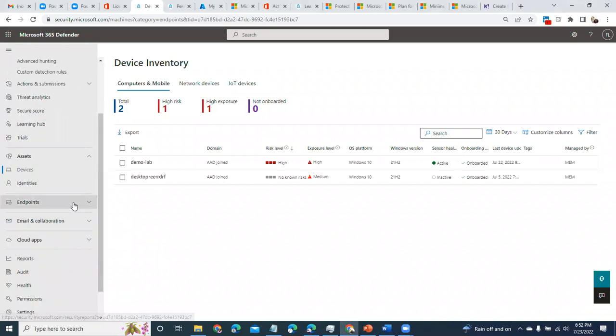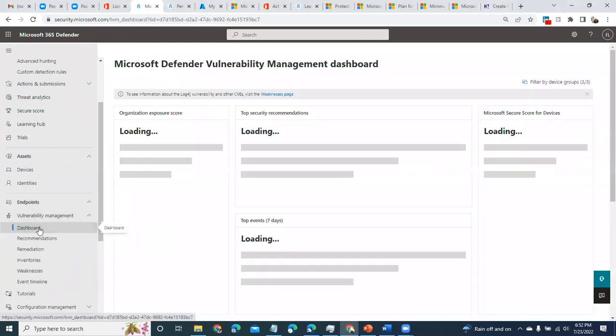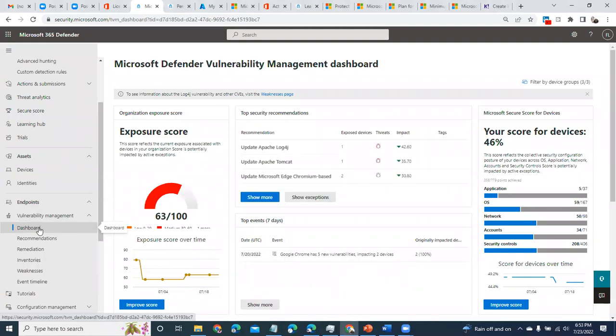Okay. And then you have the endpoints where you have your vulnerability manager. Your vulnerability manager is what does your threat and vulnerability management. So today, what you would do in the vulnerability management department is push agents to endpoints to scan them to meet your vulnerability requirements.